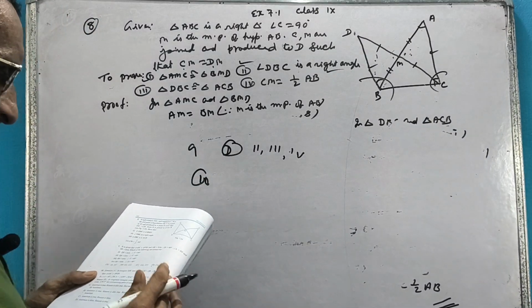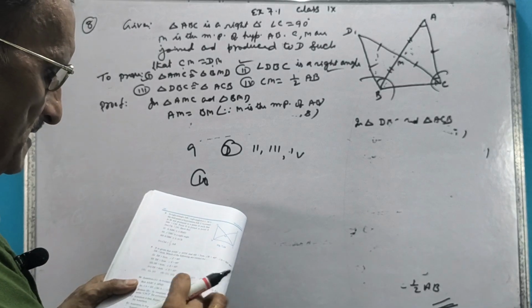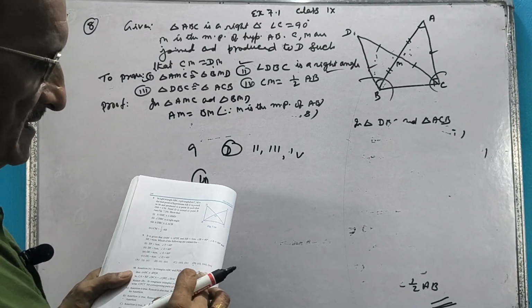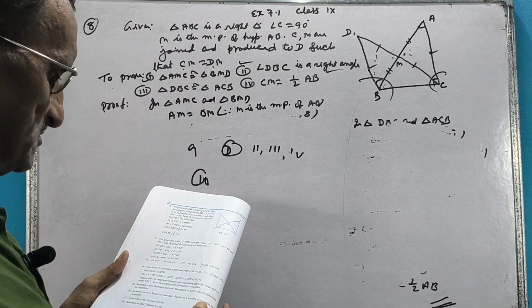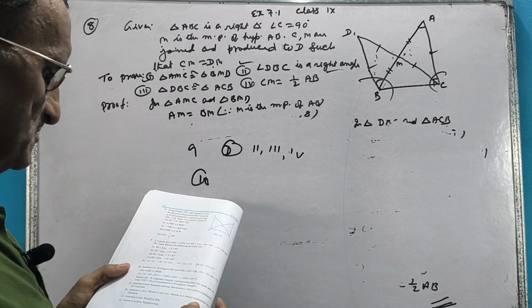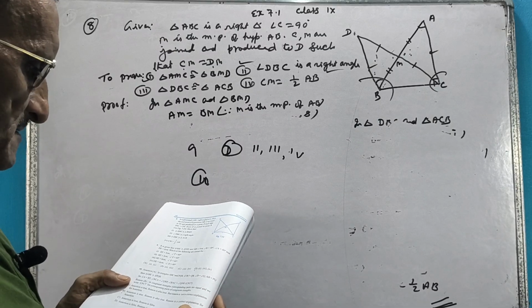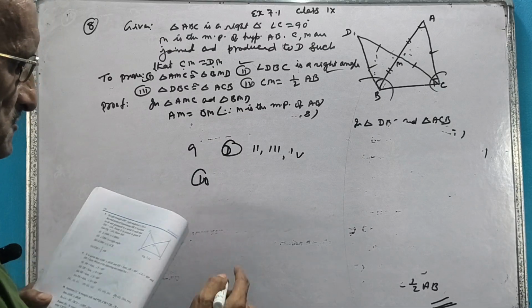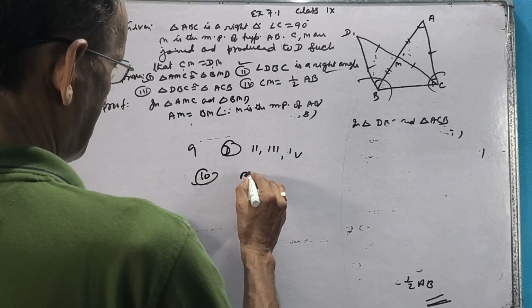Here, triangles are given, but the triangles will be congruent by SAS. Side and angles are very clearly given. So the triangles are congruent, that exercise is true, and corresponding parts will be equal by CPCT. The reason is true, and as they are spelled correctly also, for question number 10 the option will be B.